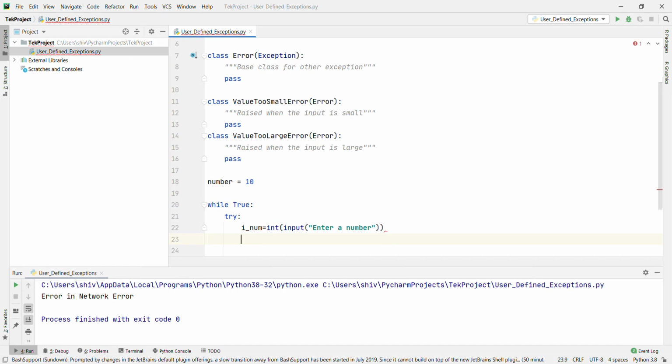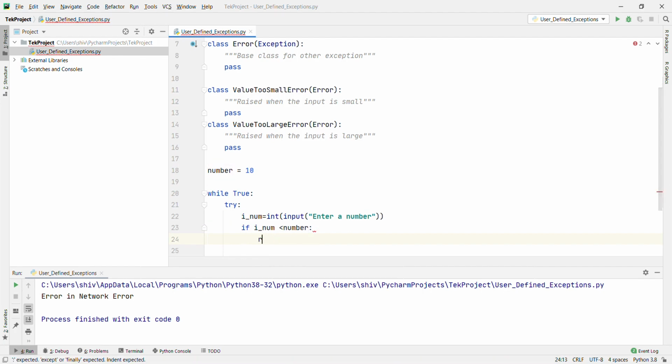Then if i_num is less than number, raise ValueTooSmallError.